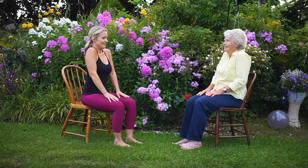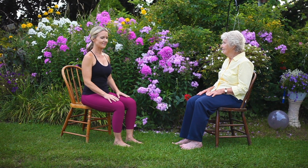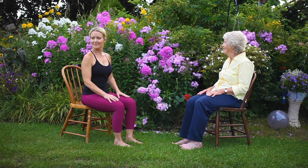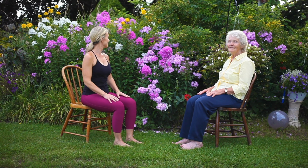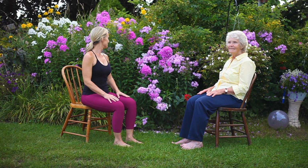Release, returning to center, transitioning into neck rotations. Gently turn your head to look out over your right shoulder and left. Continue slowly rotating right and left, allowing this movement to originate from the point between your shoulder blades, keeping your shoulders relaxed and your spine and neck long. Release, returning to center,